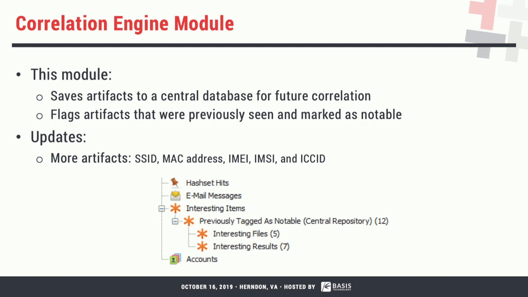So in the past year, we've basically expanded out the things that we map between. So SSIDs for Wi-Fi access points, MAC addresses, IMEIs, IMSIs, those all get mapped through. So we'll save those things, and if you find the same phone being used in multiple cases, you can make that connection if you didn't know that connection was there before, or Wi-Fi access points.